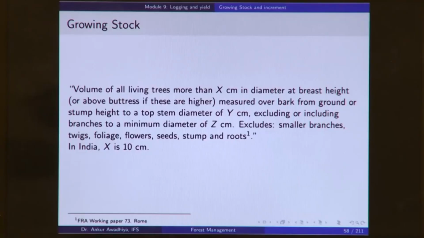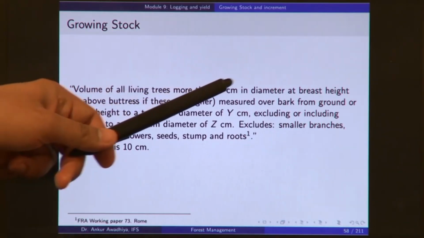So, it is difficult to measure their girths, it is difficult to measure each and every plant, because they are in such a large number. It is very possible that a number of these plants would die out very soon, and also these plants are not putting an appreciable influence on the growing stock, and so we leave out these plants whenever we are computing or measuring the growing stock. So, coming back to the definition, volume of all living trees more than x centimeter in diameter